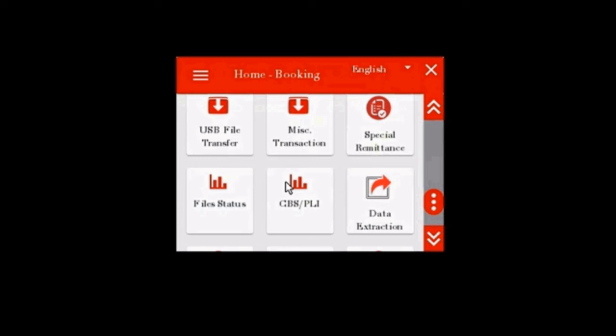If total is correct, click submit button provided at the bottom. Now wait for some time. A new page will appear with the remark data is submitted successfully.